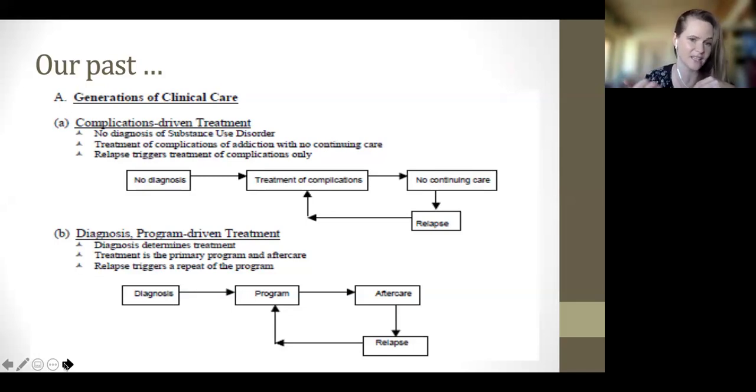So that's without a diagnosis, just treating whatever the symptoms are as they present. A somewhat more advanced model is the diagnosis and program-driven treatment. So there we do have a diagnosis, that's very important. But still, these people are sort of filtering through just program, aftercare, and relapse with very little individualization. So it is more structured and it does have a better process flow to identify people further ahead of time and scale treatment. It still, to some extent, is based on that acuity model rather than a more comprehensive, long-term,